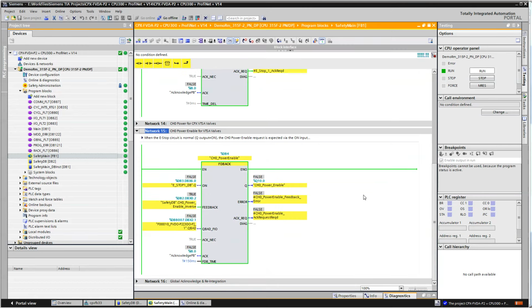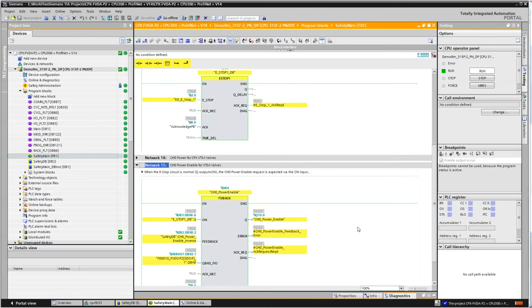Okay, so right now we have an e-stop on, so I'm just going to press the e-stop here just so you see it go off. So the e-stop goes off right here, and I'm going to reset it. It's pulled out, but right now this queue is not on because we haven't acknowledged this over here. So I'm going to press the acknowledge push button again, this one right here, and you'll see that it turns on, and that's it. E-stop turns on,